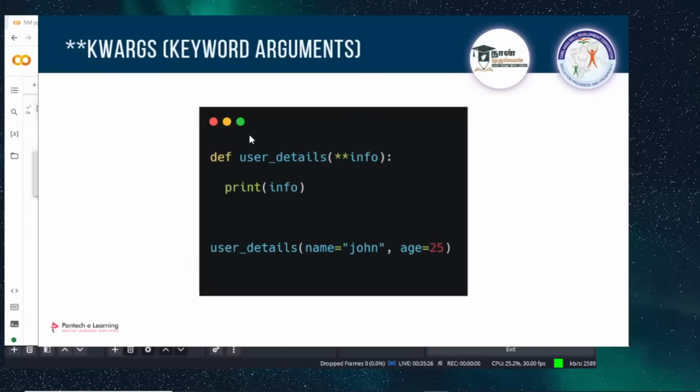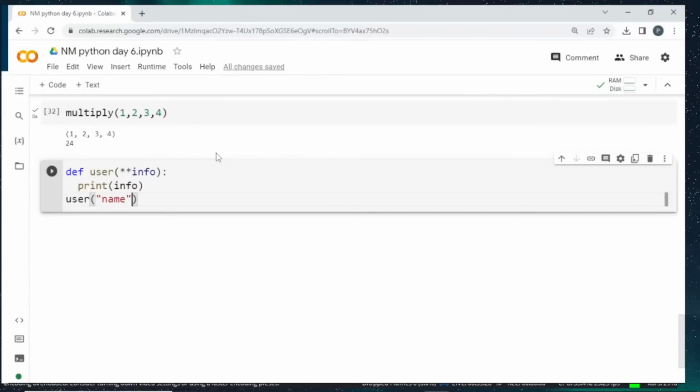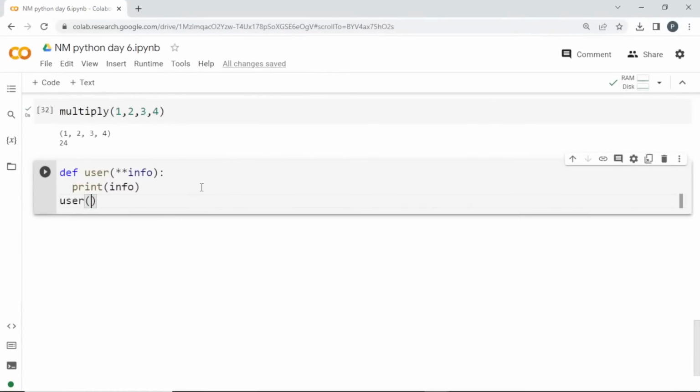So this is a parameter, right? You don't want to give it as a string. So name equal to, so the value you have to give it as a string. Name, k, age equal to